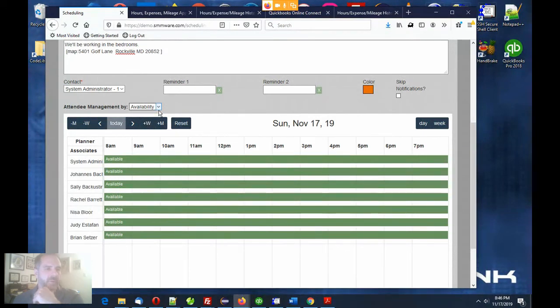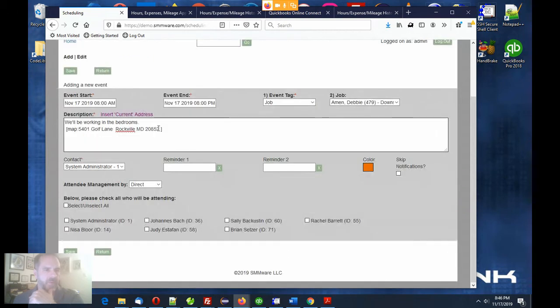Now we'll talk about attendee management. SMMware offers 3 different ways. The first one is called Direct, and it is the simplest. It provides you with a list of employees. You pick them, and when you save, they'll get an email, and this is an assignment as opposed to an